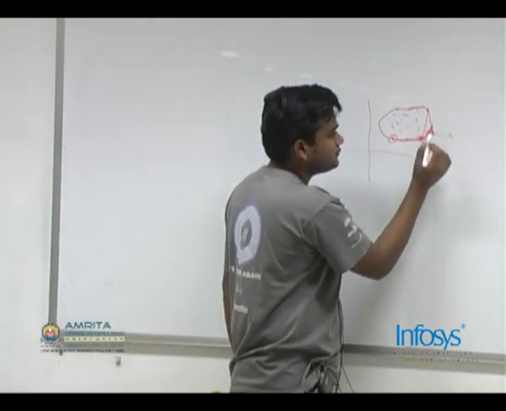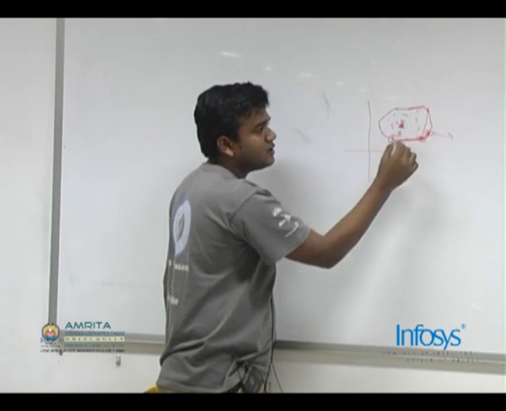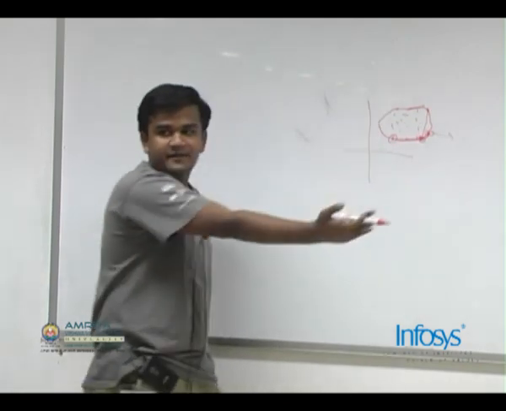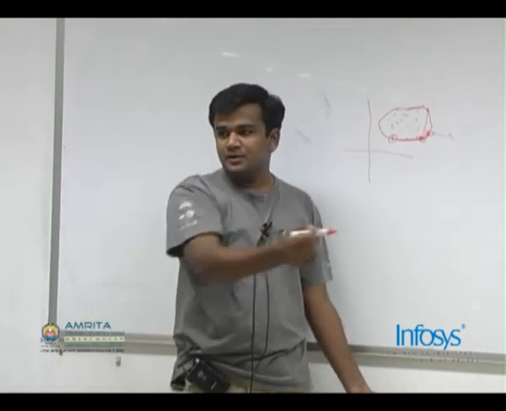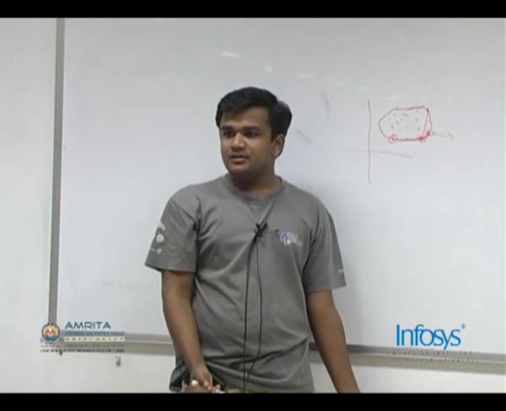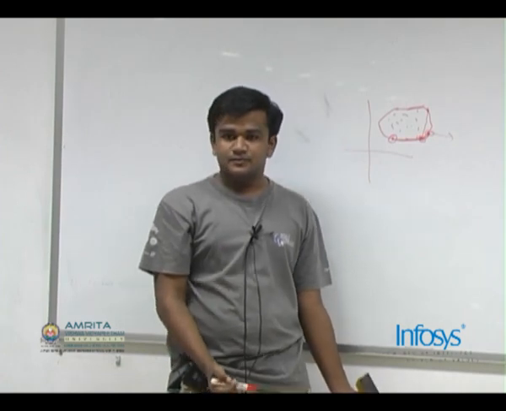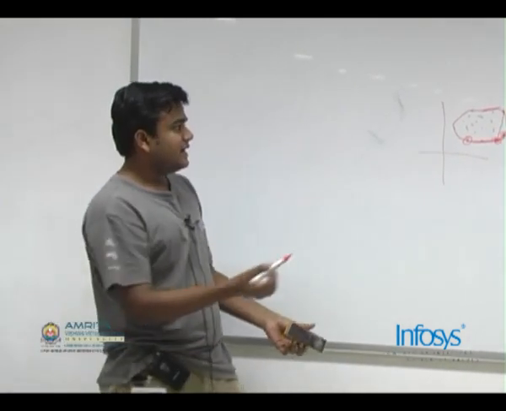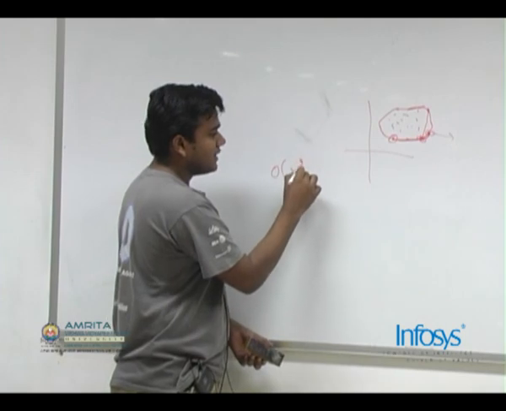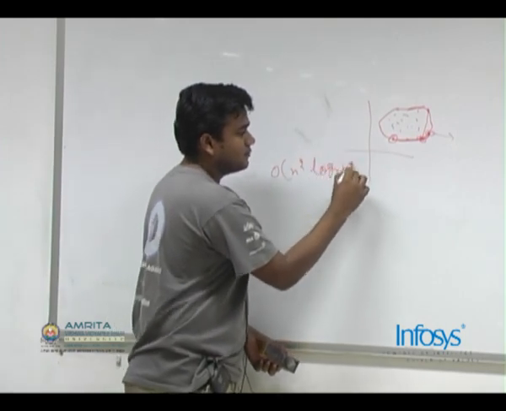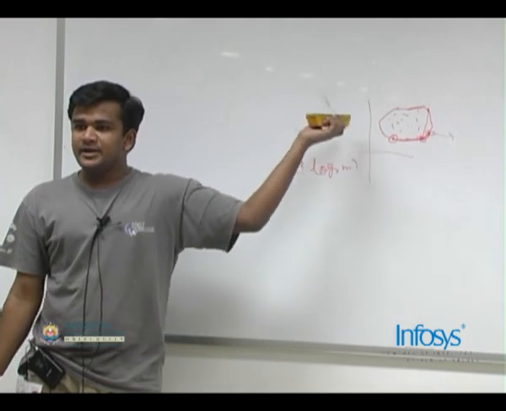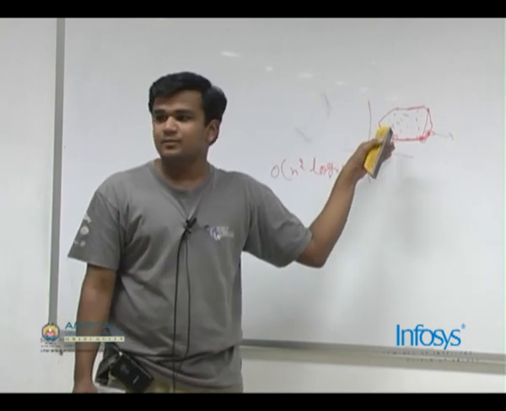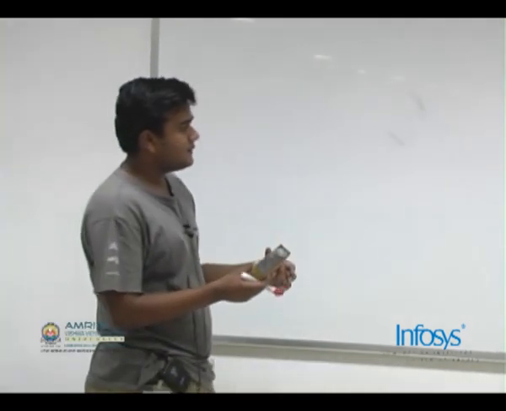So to do that, I can sort all the available points on this slope, and the one which is having least slope will be my candidate. Is that clear? Right? So this gives me slightly better method. I need to do order of n square log n computations, because at each point I will be sorting the available points and take the one with least slope, go forward and keep doing it until I reach my starting point. We can do better than this.